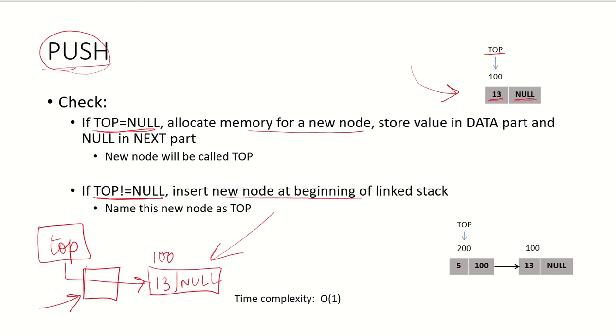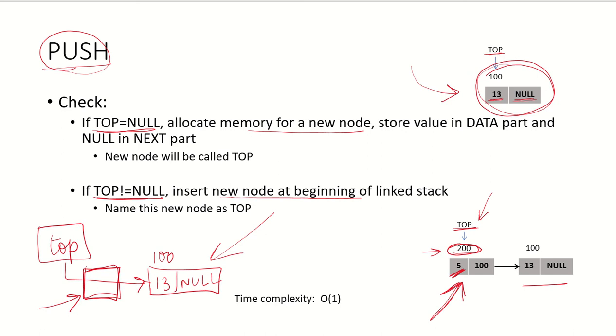So we will create that new node and we will insert it like we do insert nodes in the linked list. You can watch how we can insert nodes in the beginning of a linked list by checking my earlier videos. So if the new node was created at address 200 and the element that was pushed in was 5, top will be updated to point to 200. Now the previous node would be pushed down the stack. So top again now points to the element which was most recently inserted in the stack.